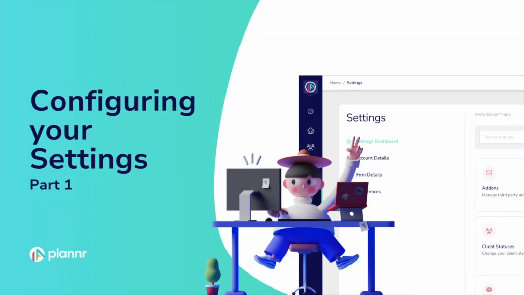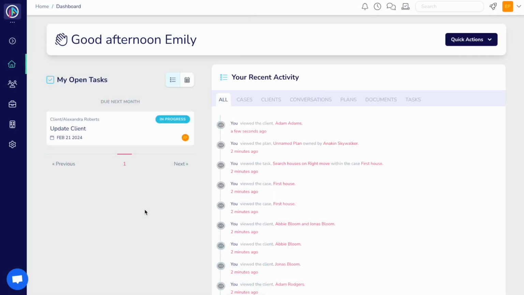We are now going to take a look at the Settings area in Plannr. The Settings tab is only available to users that have been set up with owner or admin level access rights. So if you have a member login to Plannr, you won't be able to see this page or make any